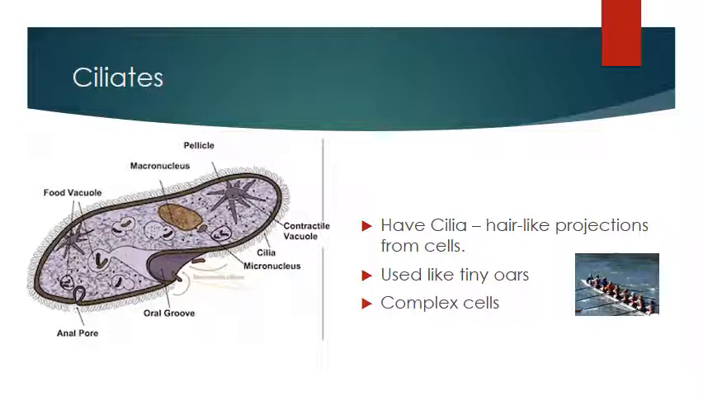And the cilia act something like tiny little oars, moving the boat around. Their movement not only helps them move around, but it also sweeps food into the organism. The cells of ciliates, like the paramecium that we're going to see here in a moment,